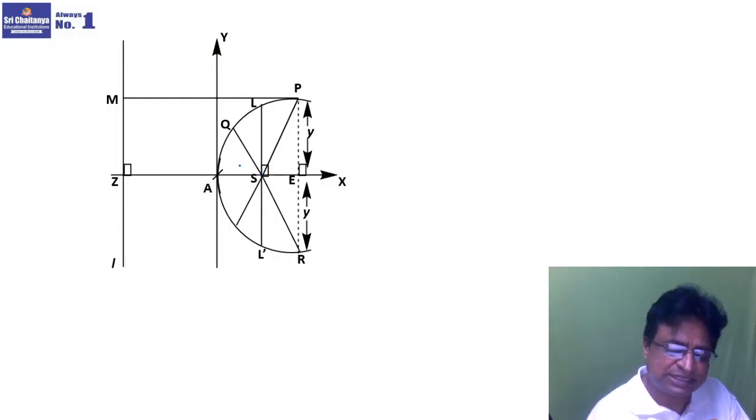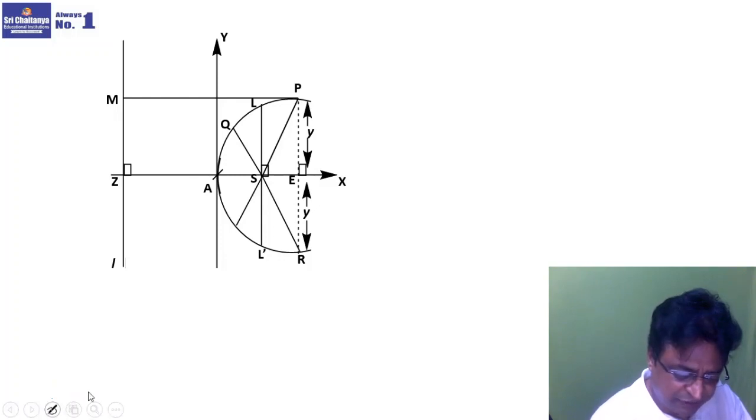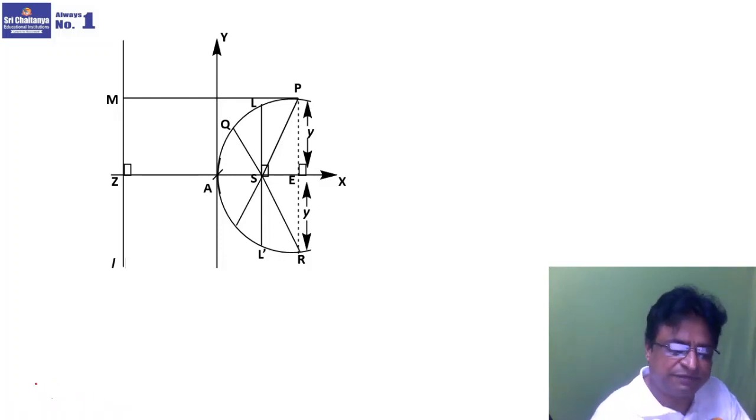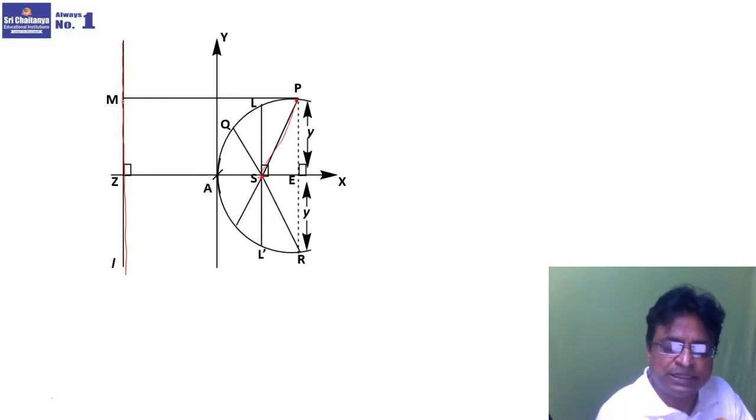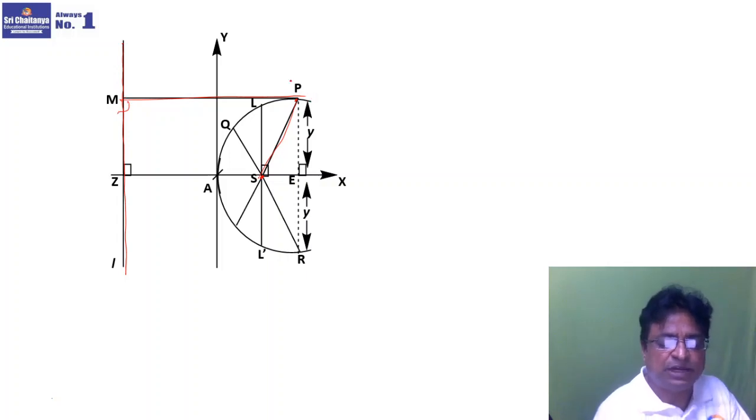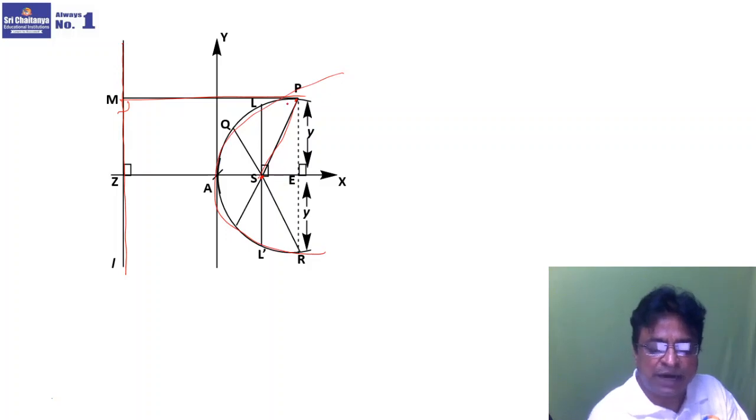Suppose, as I said, this is my fixed point. Here I would like to mark all the points with different colors. This is my fixed line, and this is my fixed point, and this is my variable point. This is SP, and this is the perpendicular distance PM. If SP equals PM, then the locus of P is a parabola, and this S